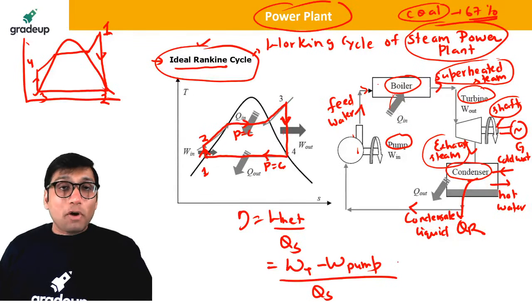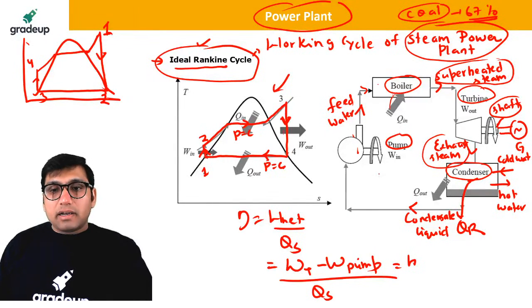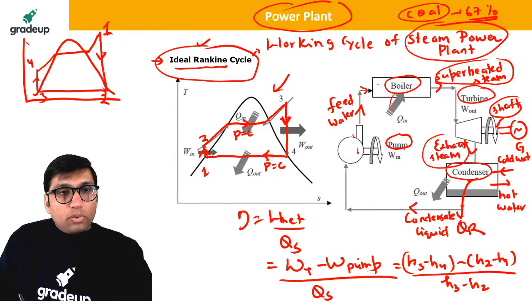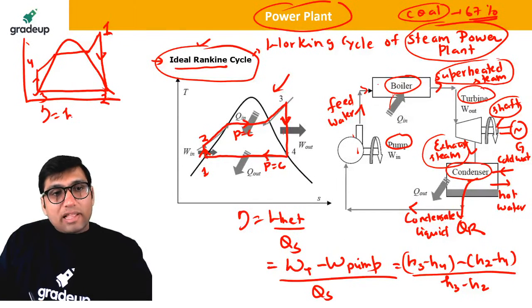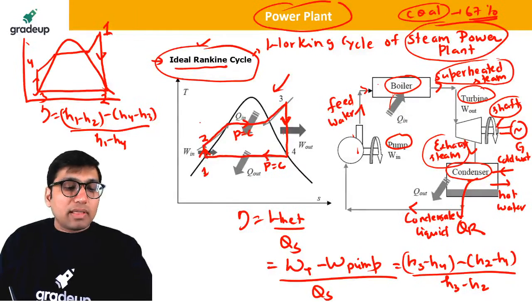For mechanical, yes. With respect to this diagram, the turbine work is H3 minus H4. With respect to this diagram, the pump work is equal to H2 minus H1. And the heat supplied will be equal to H3 minus H2. But with respect to the other diagram, the efficiency will be equal to (H1 minus H2 minus H4 minus H3) divided by (H1 minus H4). So you have to be very careful about this,